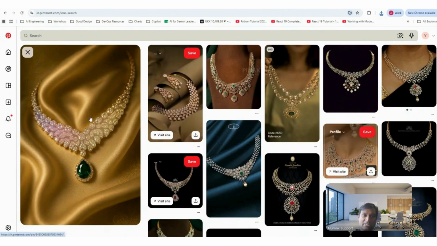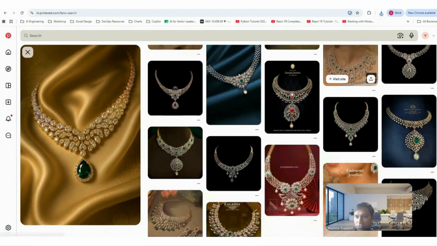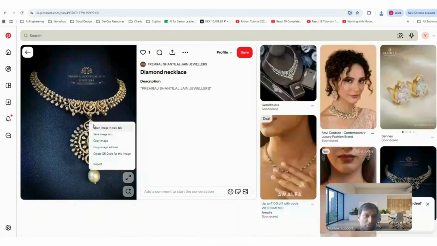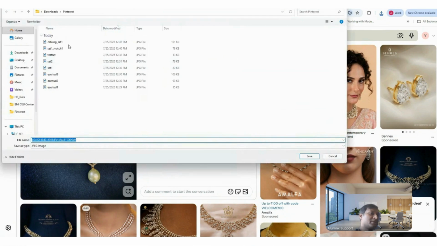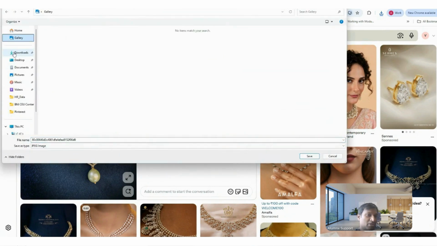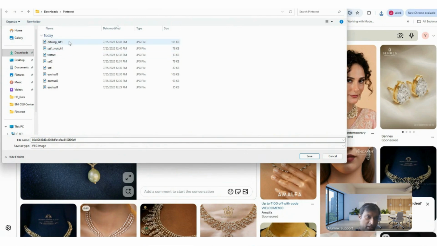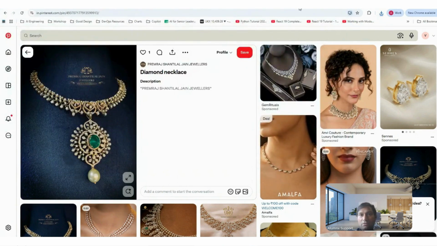Okay, so it gave the exact one, obviously. So let's pick up another one which is similar to that. Yeah, let's just pick up this one, right? So I just save this. So basically what we're saying is if the algorithm is right, what Pinterest is using and what we are using, it matches, right? So let's see if it works. So from Pinterest, I'll say catalog set one underscore match one. Yeah. So I'm now going to use it in our own application